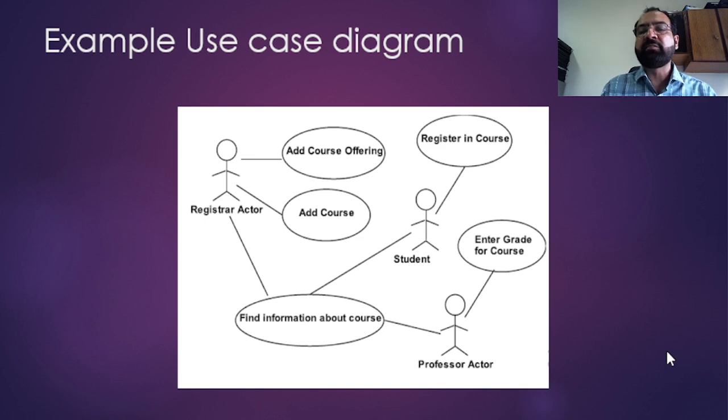Similarly, you can see that there are a few actors involved, and there is a connection of those actors with those use cases. It only represents that these actors are part of the interaction within that use case. For example, register in a course. That is the job of the student to register themselves in a course. Therefore, a line is associated with a student, which depicts that the student is part of the interaction